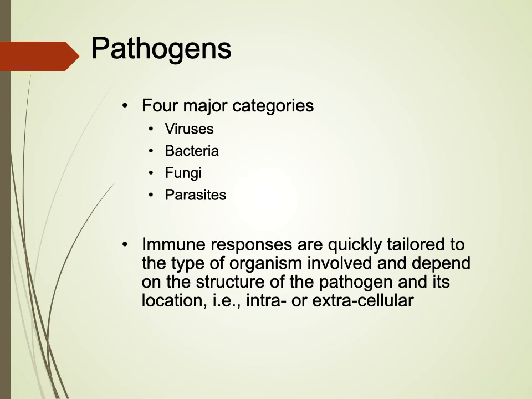The immune response is generated against pathogens generally, and throughout the semester, we'll talk about pathogens. When I use the term pathogens, I could be talking about an organism that falls into any one of these categories: a virus, a bacteria, fungi, or a parasite. When we're talking about parasites, we're talking more specifically about eukaryotic parasites, either protozoans, which are single-celled organisms, or multicellular organisms like parasitic worms. Fungi have their own category.